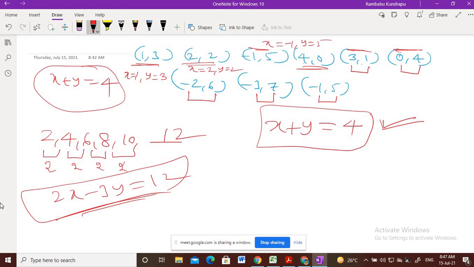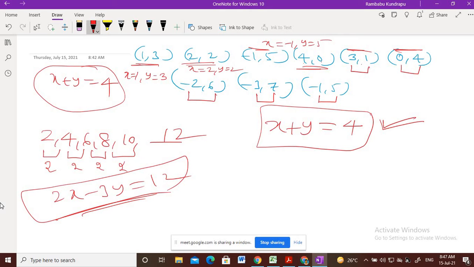So up to our 9th class standard, they will give you an equation and we have to find the solutions. They will give you an equation, and you have to draw the graph of that equation. To draw the graph of the equation, I already told you there are an infinite number of solutions, but you need not take all the solutions, because all these points lie on one line only. So just take any two solutions among the infinite number of solutions.